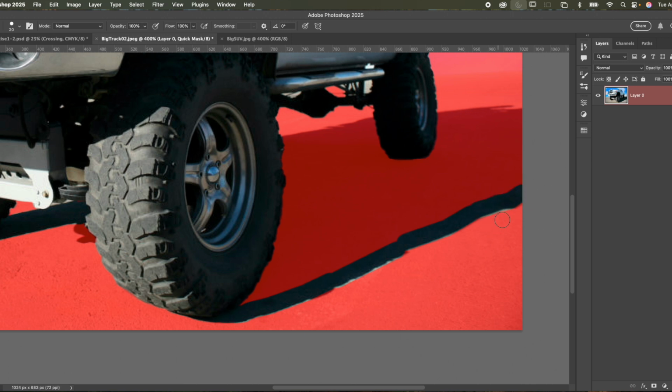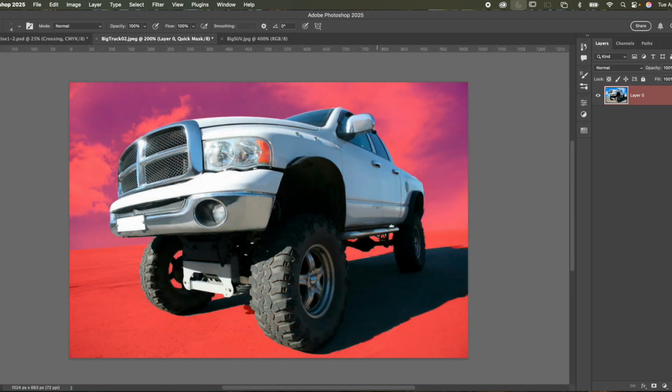Now, one thing I don't like is right here you can see a little bit of a light edge. So I'll hit the X key and I will do the reverse. I'll come in and I'll paint in a little bit of that white edge because that's going to stand out, especially if I see it on a dark background. So I'll try to paint away any of those white halos. I'll hit the X key again to go back to revealing the mask, and I'll bring back some of this other. All right, so I have everything identified of what I want to continue to use in the photograph,